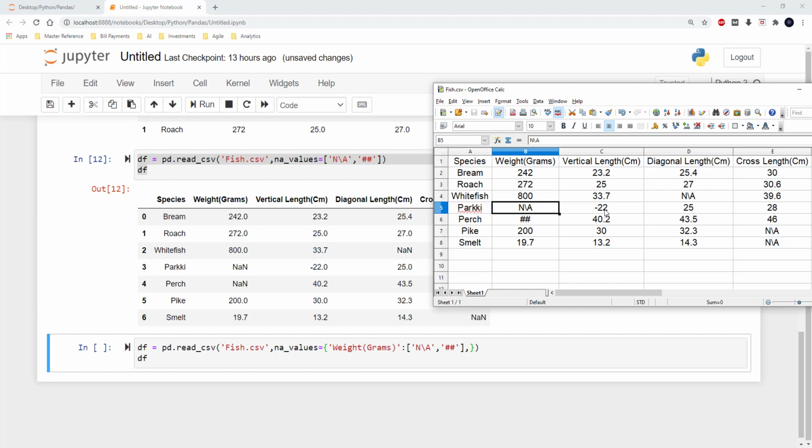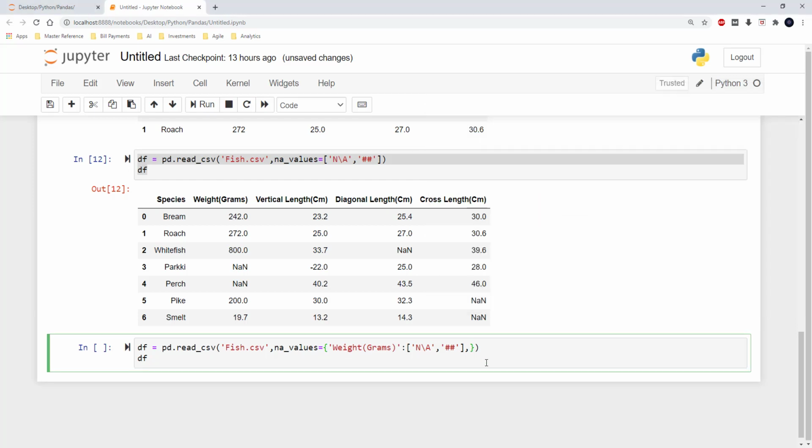Actually a fish cannot have the length of -22. So in order to do that, I am just using the column name vertical length centimeter, and then for that column I am going to use -22.